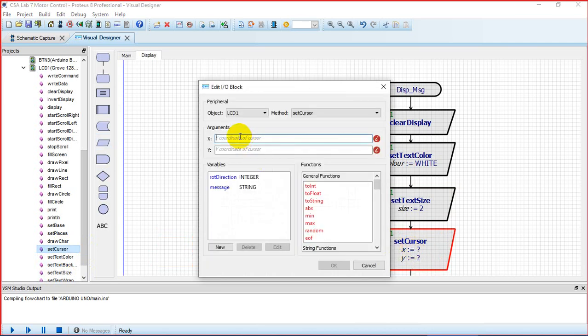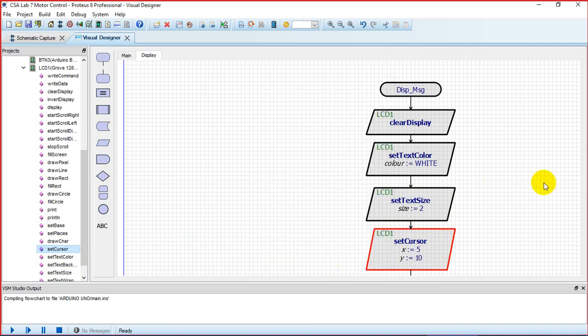So you can choose the x coordinate and y coordinate. Let's say give it 5 and 10. Okay. Next thing,